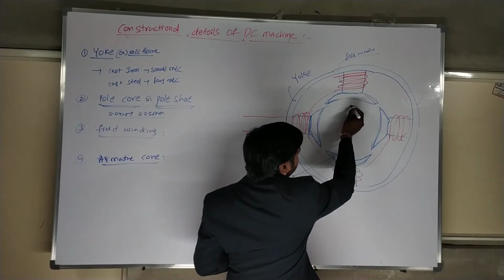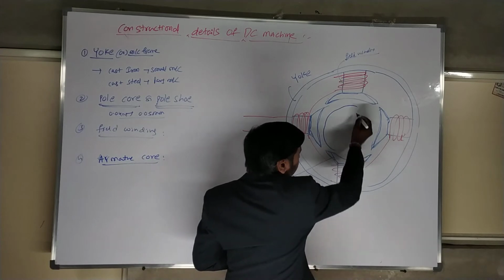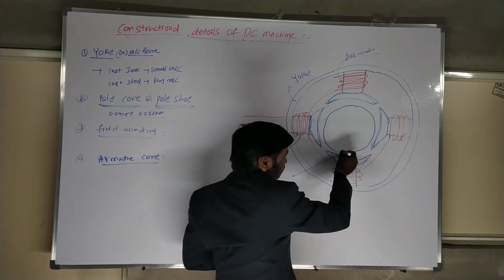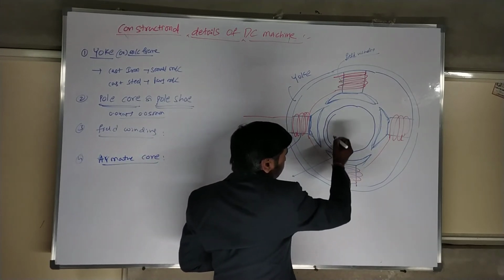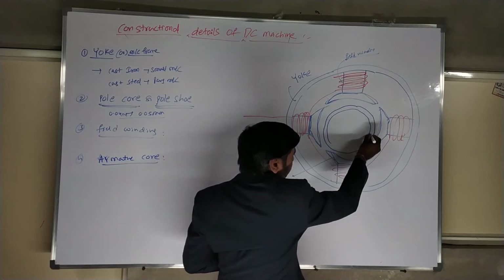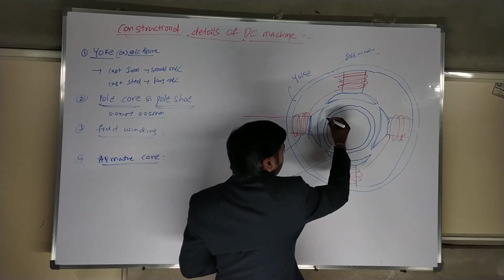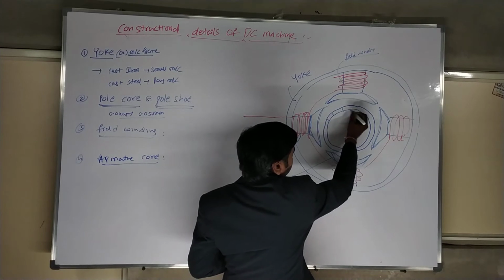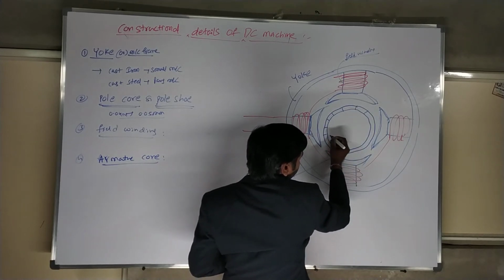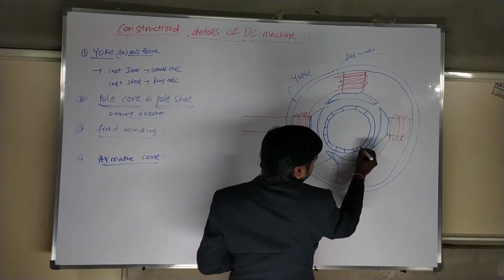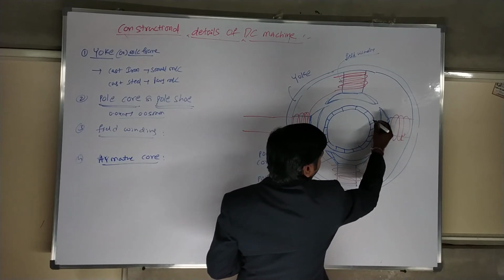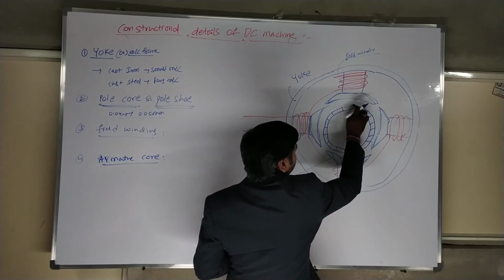The armature core you can place over here. Inside there is the armature core. This is one. To understand very clearly, I am drawing a clear diagram. All should be connected like this. The armature core has slots inside which take space. So you have to draw the diagram I am following here to understand it clearly.